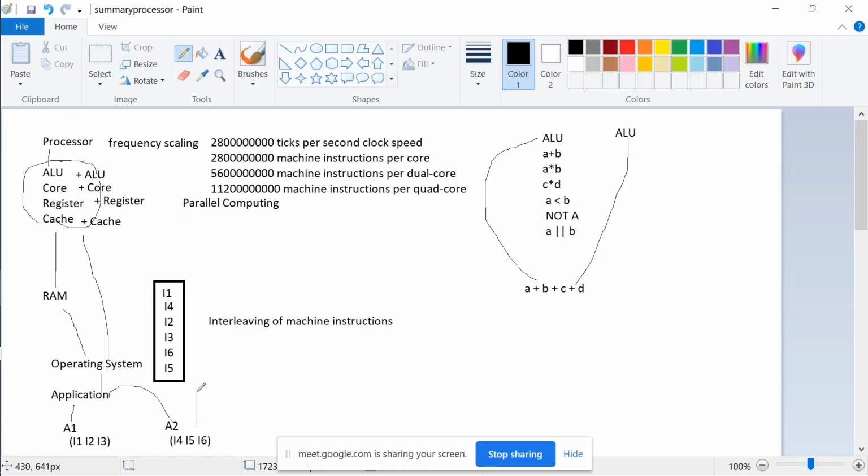So A2 also moves forward and A1 also moves forward. But if you have more applications, then some applications will run a little slower, but they will not stop. They will keep moving forward because you are interleaving all the machine instructions, and these machine instructions are given one by one to the processor. Who gives it? The operating system has its queue of instructions and it gives them to the processor one by one. Remember this, it goes one instruction at a time.